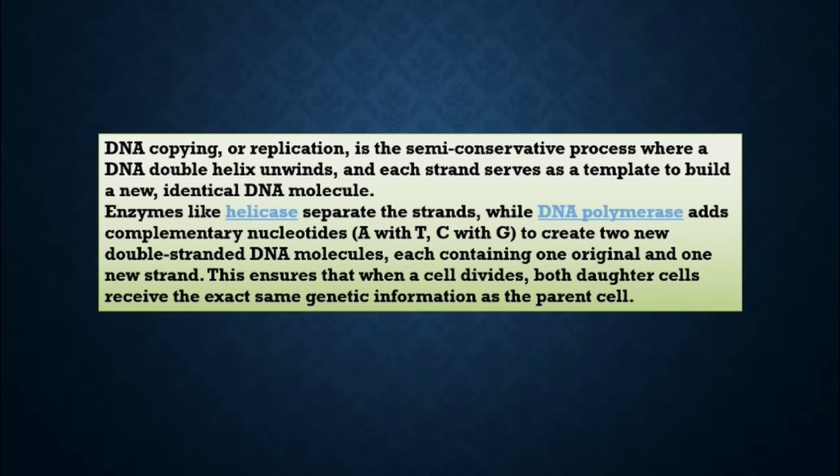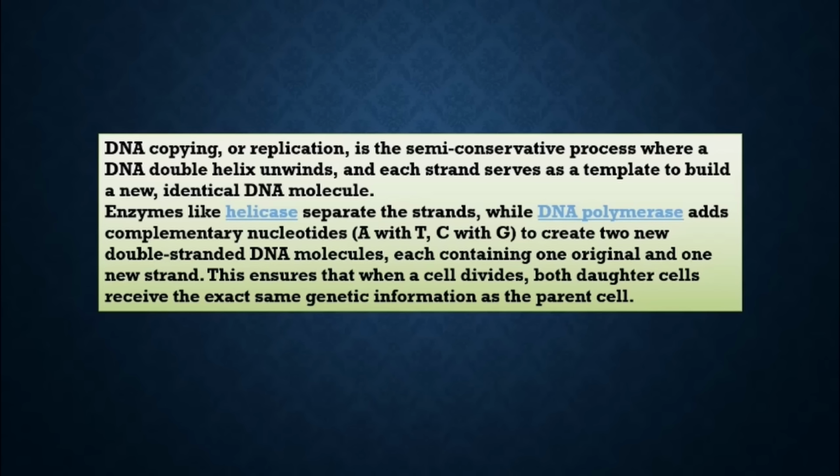One is called scissor and one is called adhesive, the enzymes present. Whenever the DNA, which is in a double helical structure like a circular loop, is cut along its length with the help of an enzyme called helicase, the DNA unwinds and changes into two identical DNA templates. After that, the DNA polymerase adds complementary nucleotides called adenine, thymine, cytosine and guanine to create two